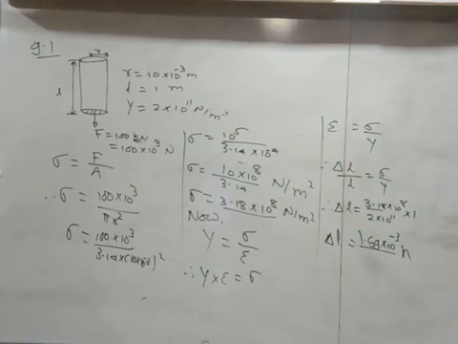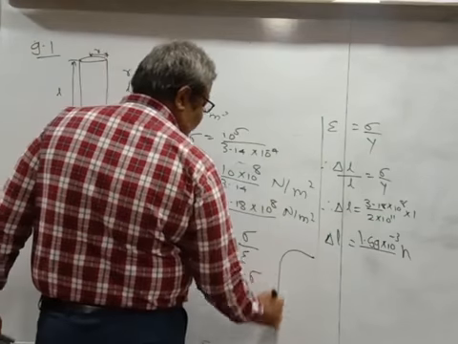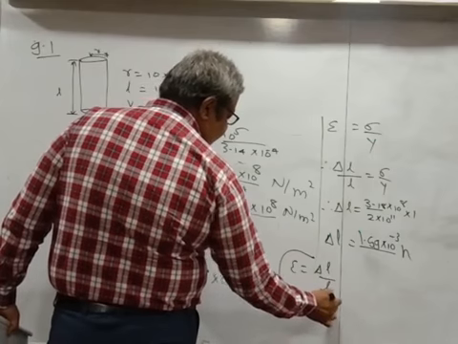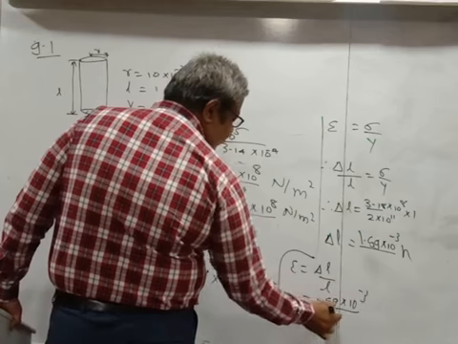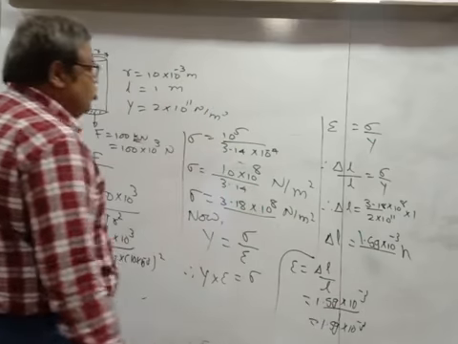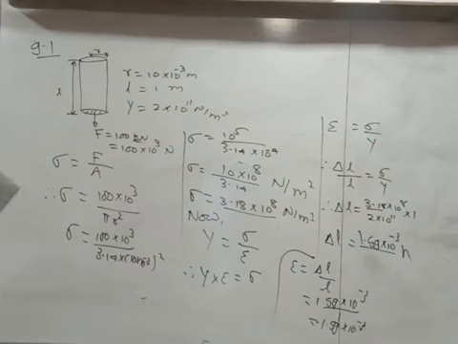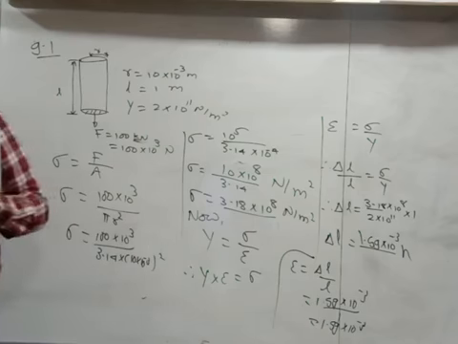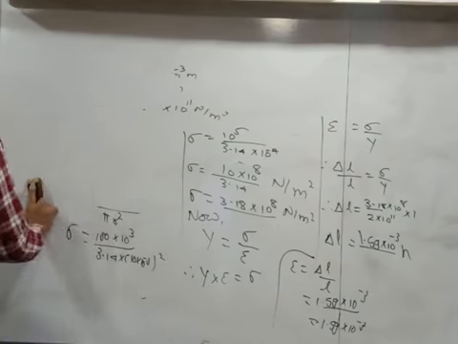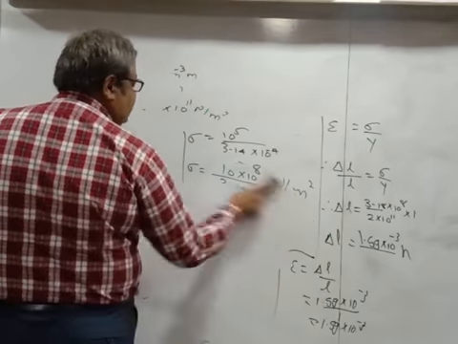And now they are asking us to find out the strain also. So how to find out the strain? Strain is nothing but it is delta L by L. So 1.59 into 10 raised to minus 3 divided by 1, which will give you 1.59 into 10 raised to minus 3 will be the strain. Okay. So what we did here, we simply found out the value of sigma, that is stress. We found out the value of elongation, that is delta L, and we found out the value of epsilon, that is strain. Okay. So now the next point or the next